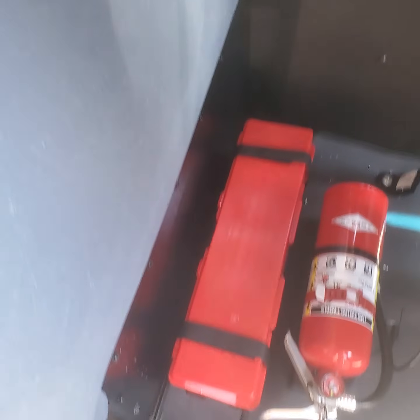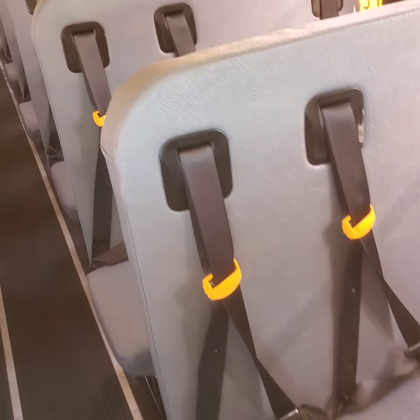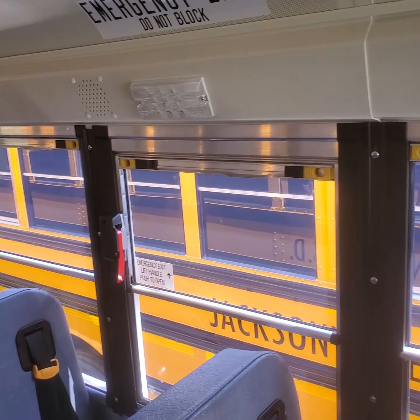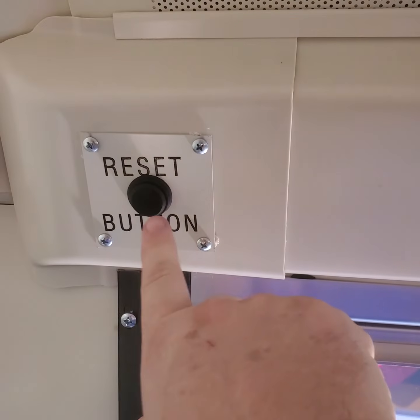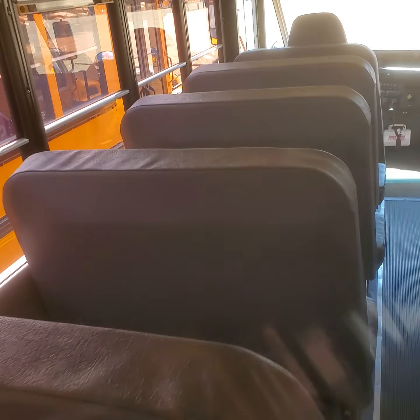There's the driver's seat. You got your triangles right there, your fire extinguisher. That was a very smart idea. So not much has changed back here. You know, we have seat belts on here. Everything is LED. All the lights are LED. So coming back, emergency exits, roof hatches, back air conditioner, door, and your child check reset right there. I think some districts call it the child checkmate or something like chess, or, you know, I guess if you do that, you're done. Coming back up to the front,